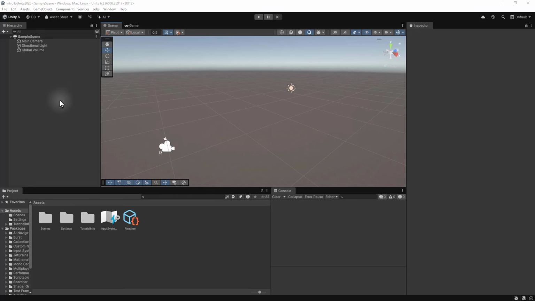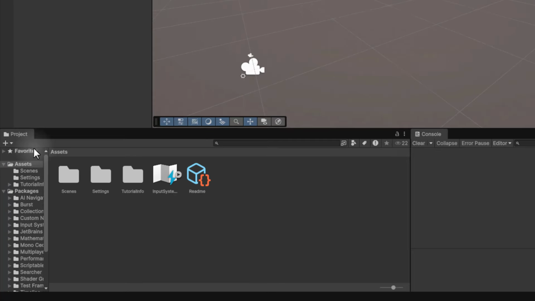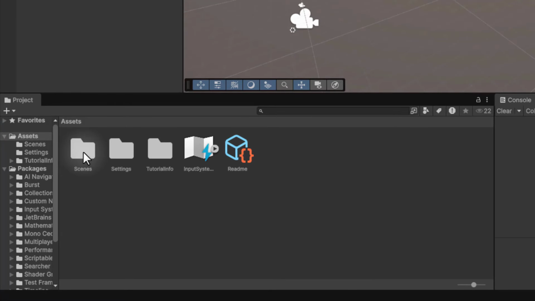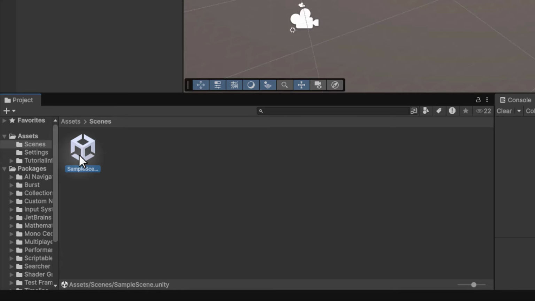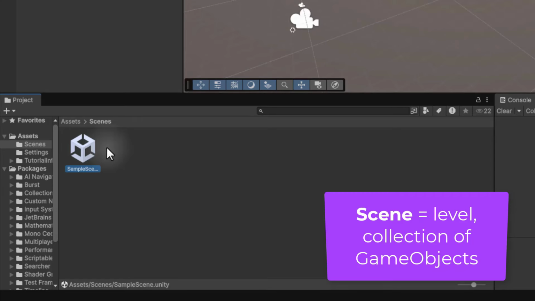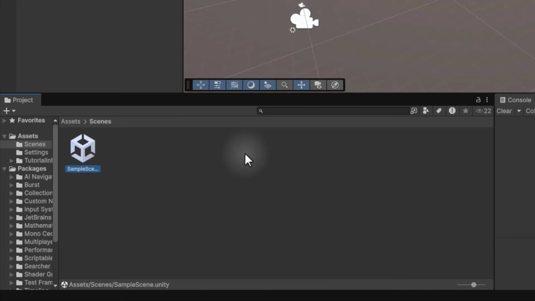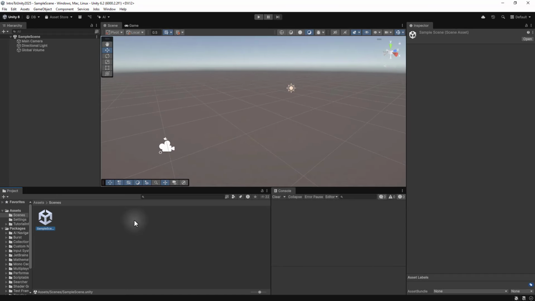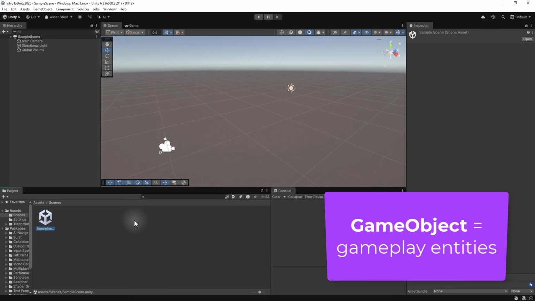So when we created our project, we first of all had our sample scene here created. Now, if we go down to the project window, you can see we have our scenes folder, and inside of here, we have our sample scene. This is essentially the starting level that we load into, and a good way of thinking about scenes is like that. They are essentially levels. And inside of a scene, they are constructed with game objects. So these will be, like I said, our camera, our player, our 3D models,